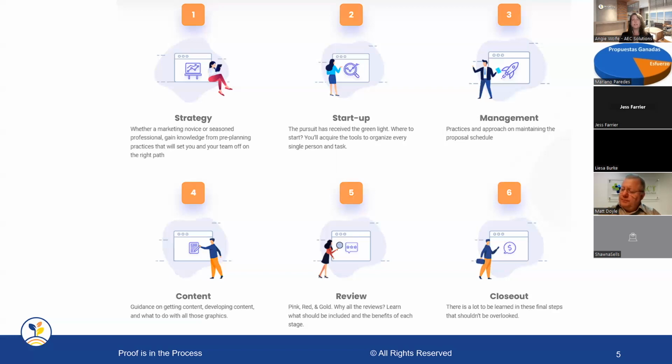And then step three is the management piece. So this is where a proposal manager to me shines, in what tools and processes we use to keep everyone on schedule. So these are between all of my clients, whether that's Kramer, HNTB, Kiewit, or others, the key fundamentals and processes and tools that we use throughout this include,